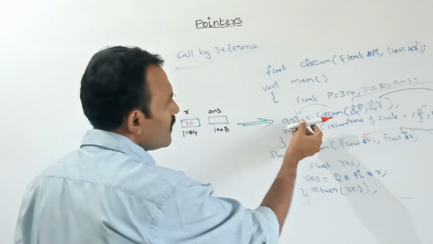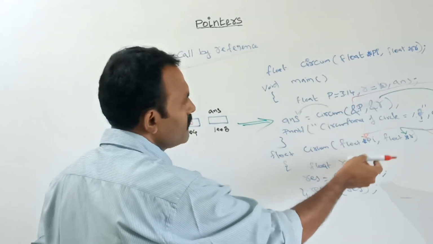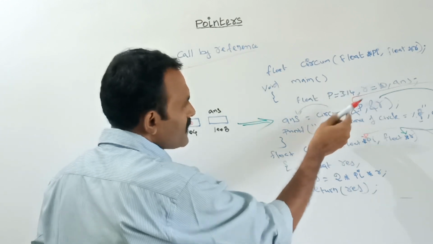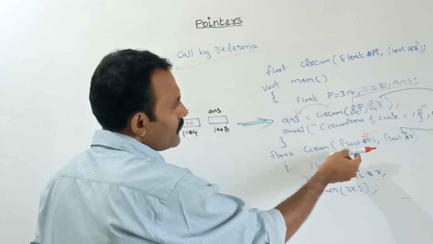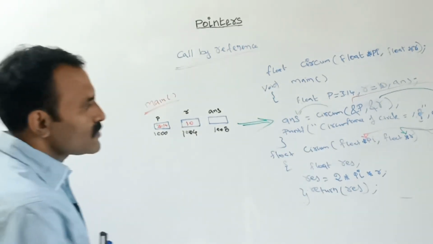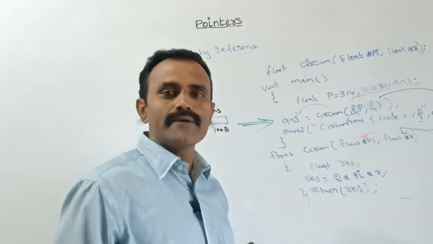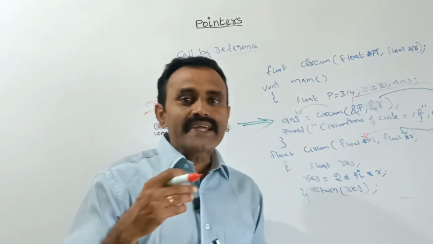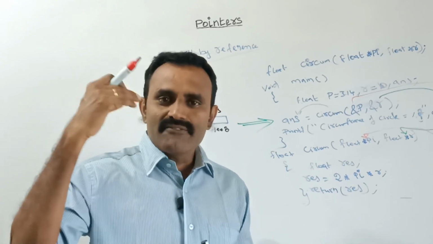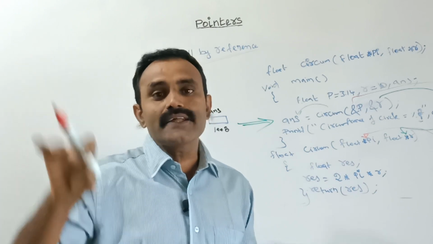Here is the function call by reference. Here I am passing the reference and storing the reference address in the particular pointer variable. This is known as initialization, or initializing the pointer variable. See how we can initialize the pointer variable. Initialization is nothing but initializing the pointer variable with the address of another variable.